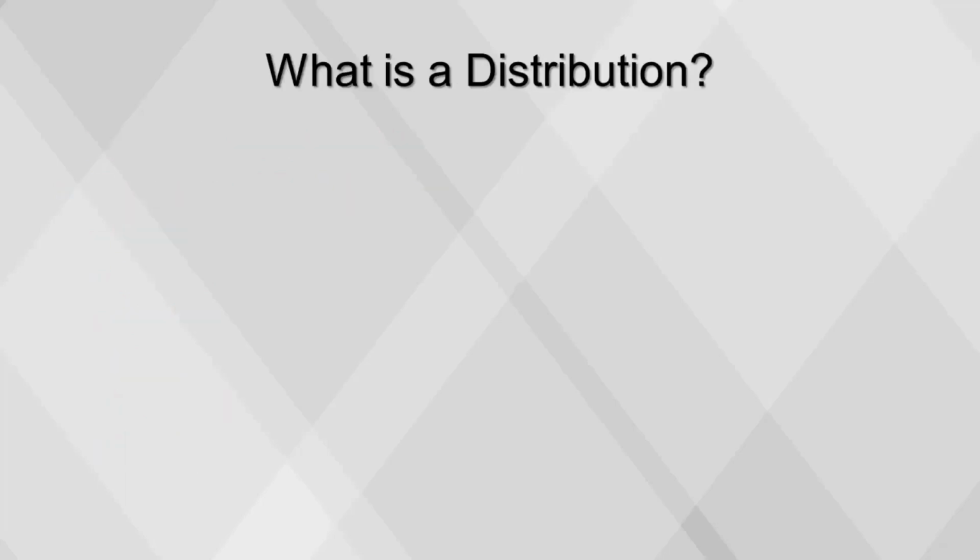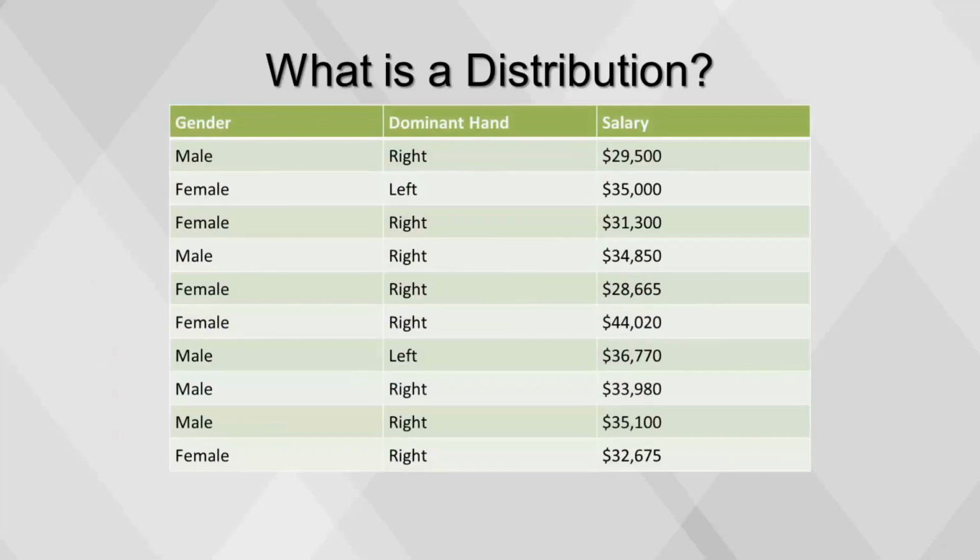The most common method of analyzing a numeric variable is by exploring how the values are distributed. The distribution of a numeric variable shows all the possible values and how often they occur. A distribution provides methods in which many records of data can be summarized to provide basic information about the variable. These methods can either be numerical measures or visualizations. We'll explore the most popular methods using this dataset of 10 rows of bank teller salary data.